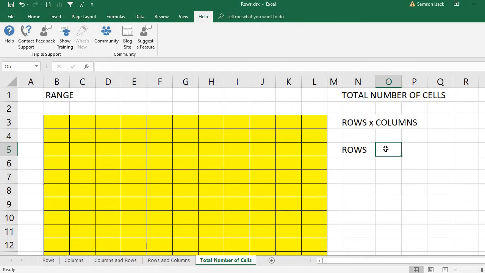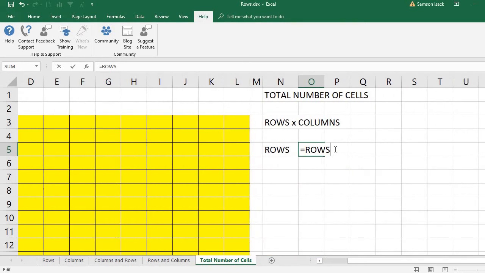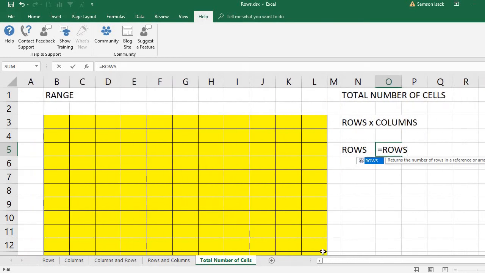How can I find the rows in the range? I can use the ROWS function. You can see the description there: it returns the number of rows in a reference or array. If there is an array, then it will return the number of rows. So I am going to find out the number of rows in the